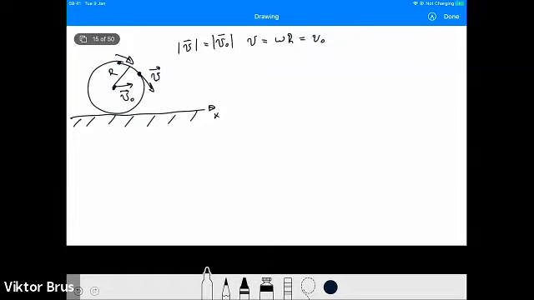We would like to know, for this point on the wheel, what is the velocity with respect to ground? Let's consider the ground as an immobile system of coordinates. We have this wheel rolling on the ground and we need to add 2 velocities, v naught and v at a given time. So let's draw another figure here, a bit larger,